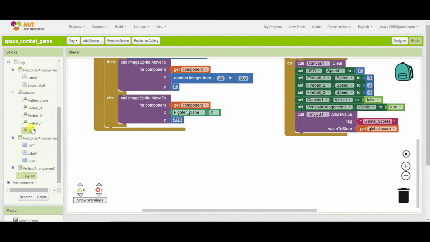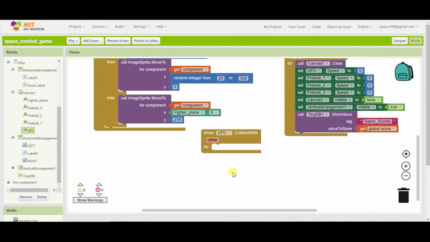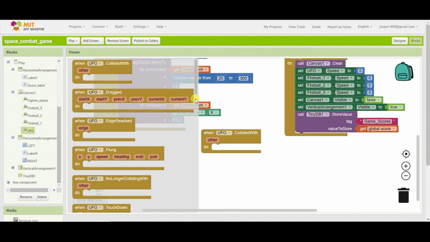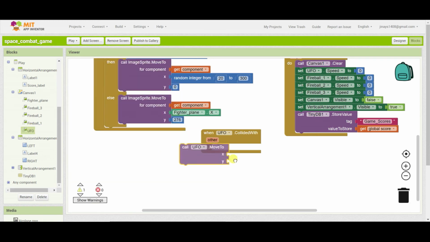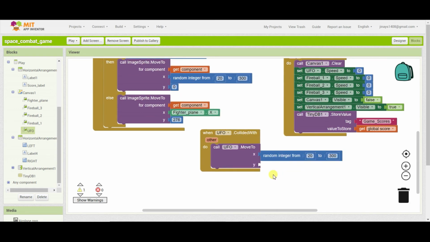So if the UFO collides with anything, that is the fighter plane or the fireball, then we have to call UFO dot move to, X will be random integer from 20 to 300 and Y will be 0.